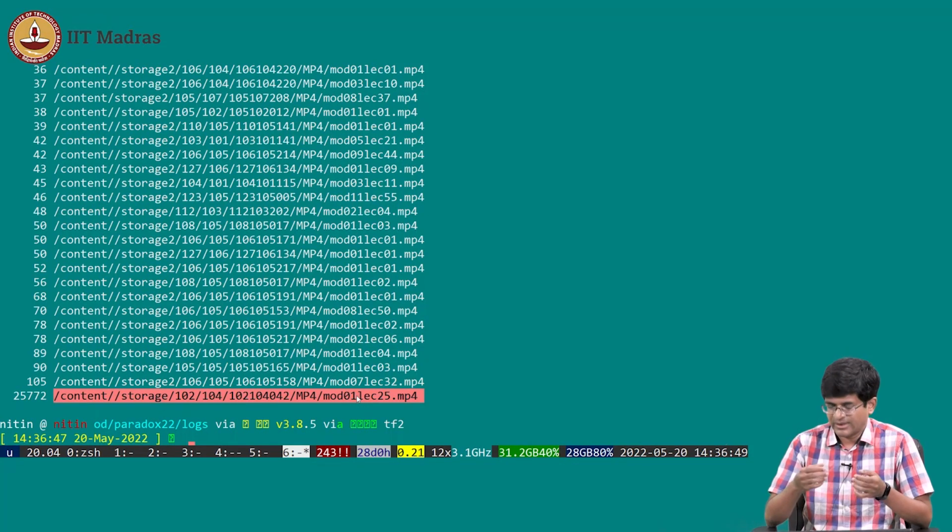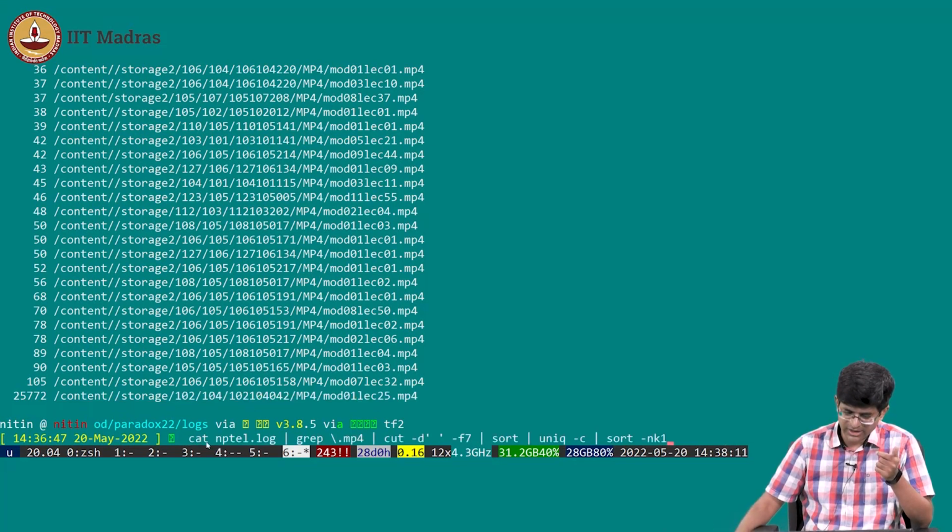So that's the thing. See, this is useful for a one-off analysis, right? I just want to do this thing, I want to run through and try it, I can do it. But let's say that you want this to be running automatically, this is probably not the best way to do it. Why? Because look at what is actually happening out here, right? How many programs got run to get this one piece of data? I had to run cat, I had to run grep, one cut, sort, unique, and one more sort.